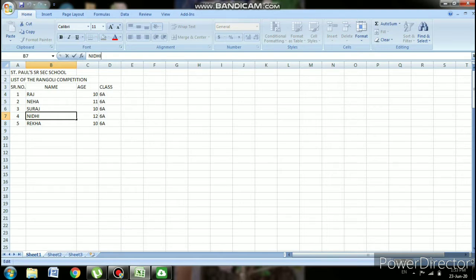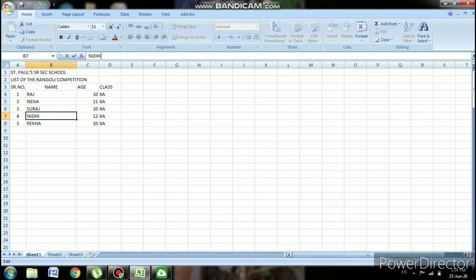You can see over here, the ABCDs are the column headings and 1, 2, 3 are the row headings. Then the navigation buttons, then Sheet 1, Sheet 2, Sheet 3. All these are the different pages. You can say if it is a file, these are the different pages of a file. As well, when you look down, you can see the scroll. There are two default scroll bars given by MS Office.